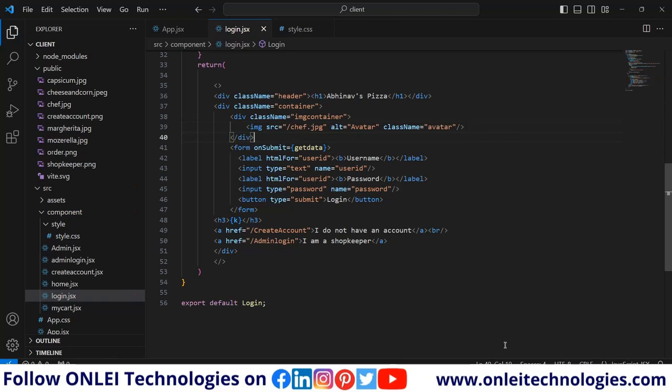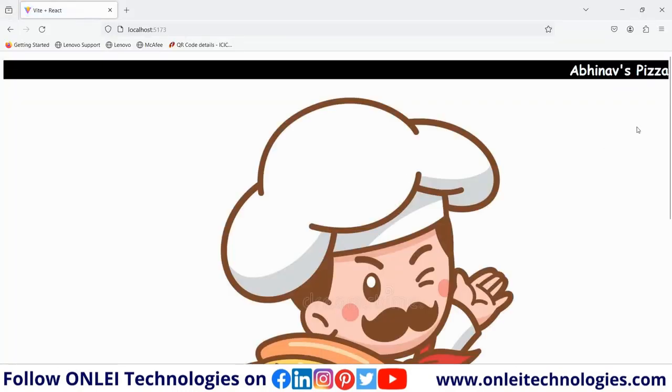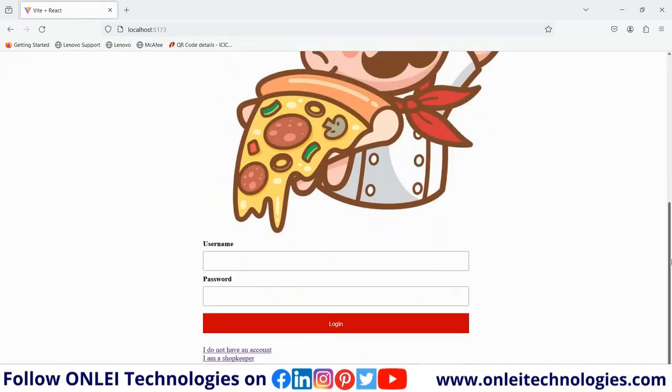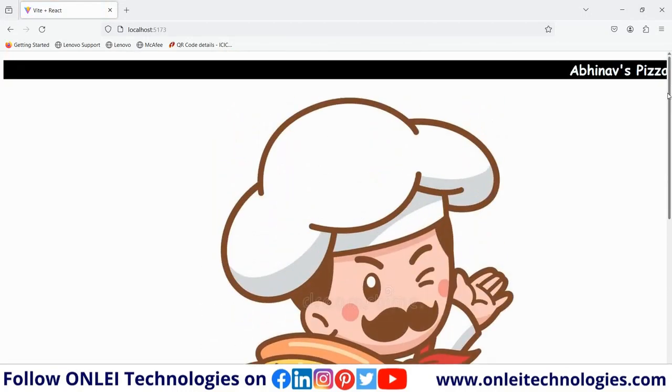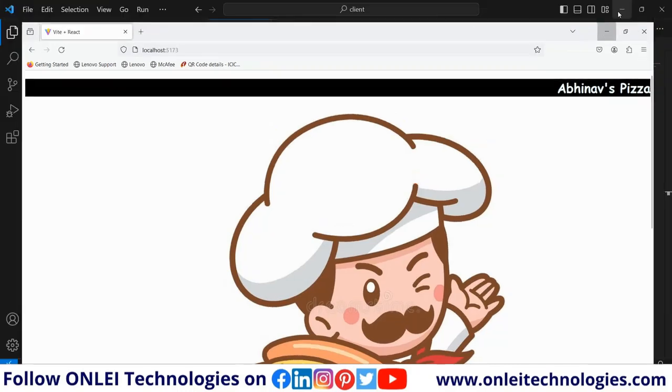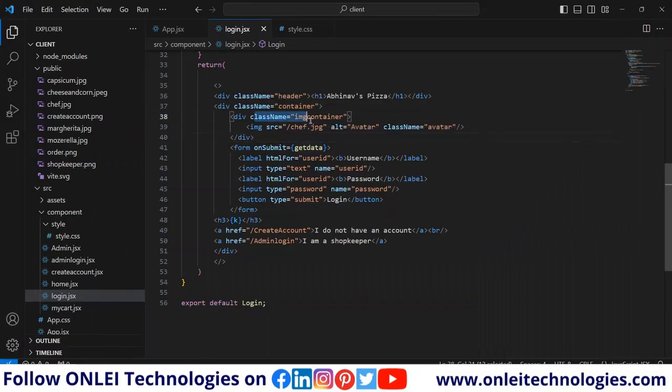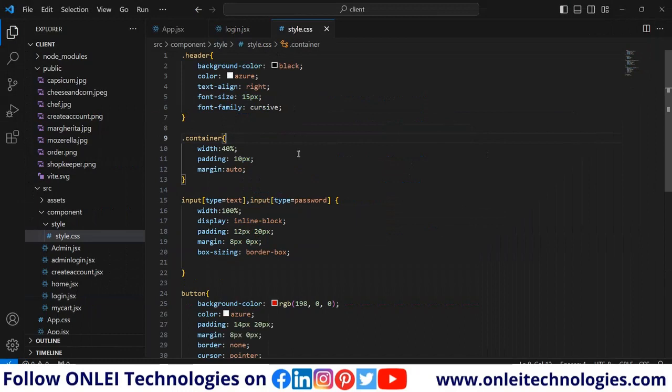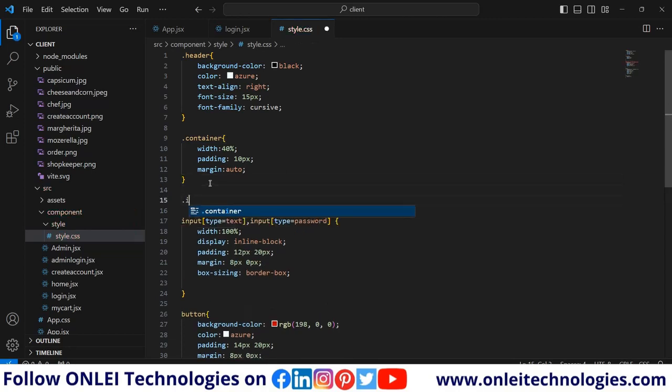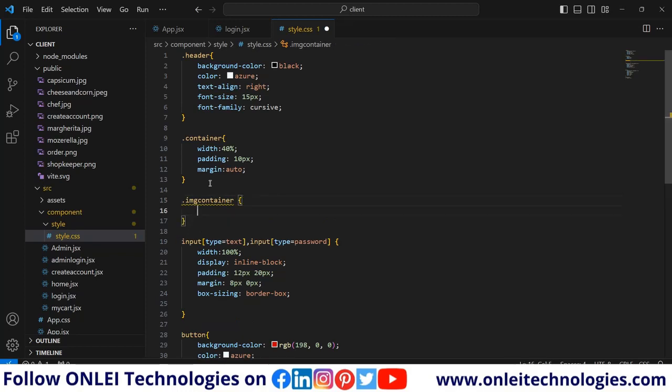If you show it directly, it will look very bad. It has taken a lot of size on my page, which looks a little bit bad. But then you can style this image container with the help of your style.css. Below the container, I am going to take another class, which is our image container. So I will write .img-container, and curly braces, and inside the curly braces,